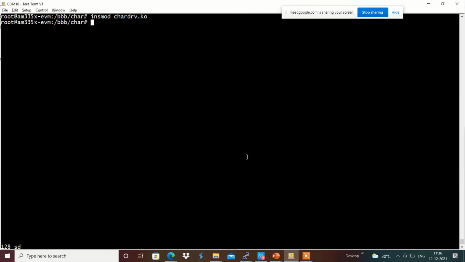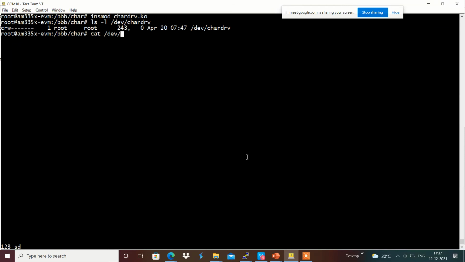Now ls -l on dev shows character_drv got created with the major number of 243 and minor 0. Now we will see cat.